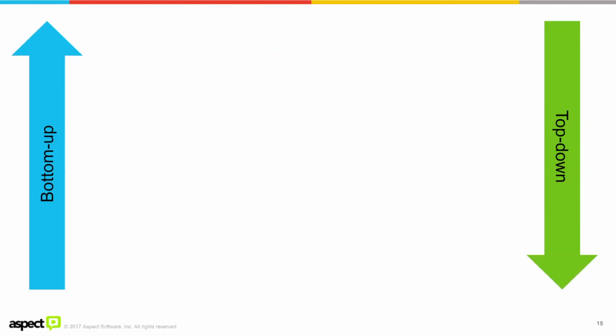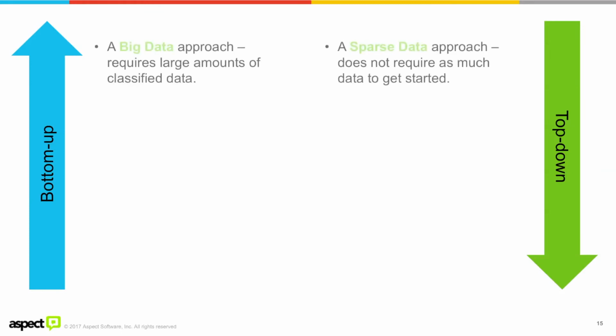So just to summarize these two different ways of going about this particular task, we have the big data approach, the bottom up, which really requires a lot of data to get started. If you have the linguistic AI that you can leverage first, you can start with a lot less information, and you use those linguistic abstractions.